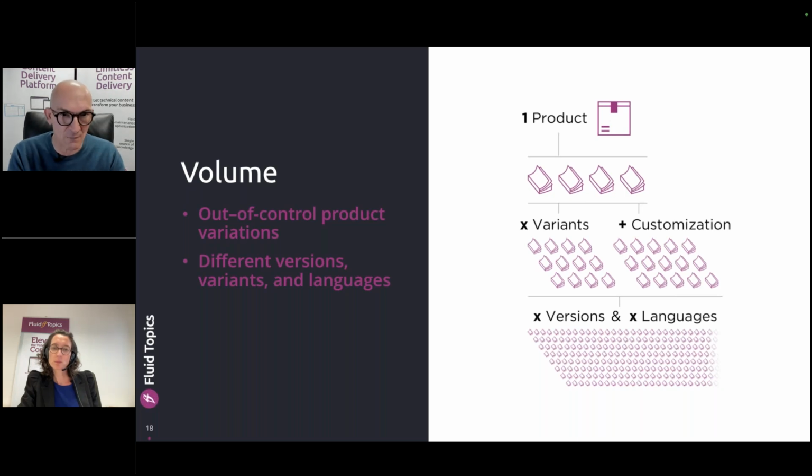It's heavily customized, and heavily customizing a product means that you have to provide the matching documentation for that. But it's also about versioning, and more companies are global now, taking advantage of global markets, which means that they translate more. So it's multiplying and multiplying, and we see this large volume of content. And that's one aspect of it if you just look at it from the pure tech doc perspective.